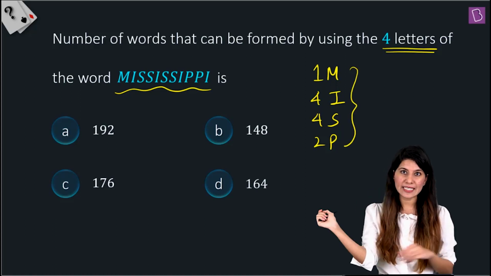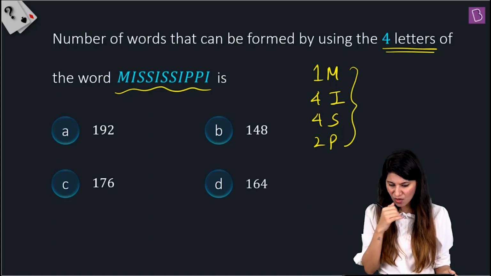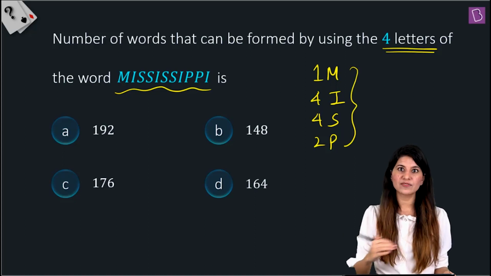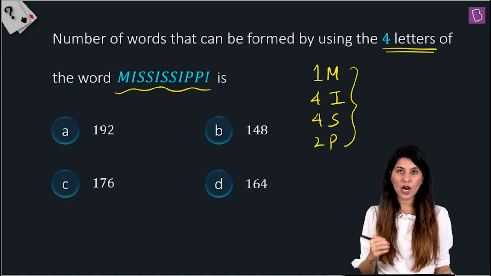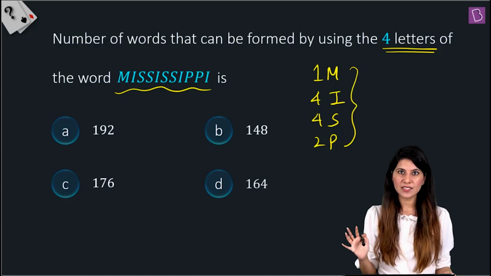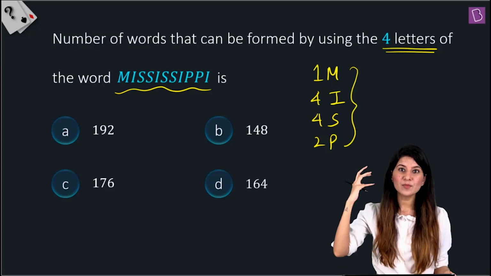So the very first thing that comes into our mind, your mind, my mind, is actually how to select the letters. Four letters we need to select out of these letters. So how to select actually? Can I take four alike letters, four same letters? Yes. Can I take four different letters? So that means we are trying to make cases.